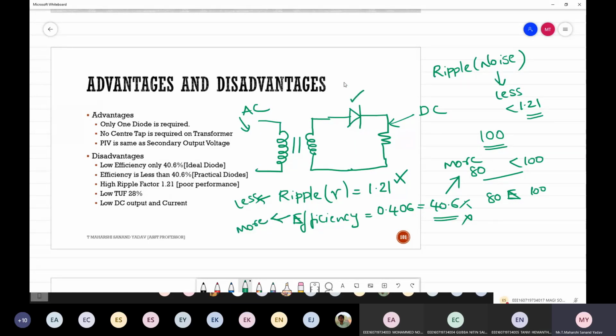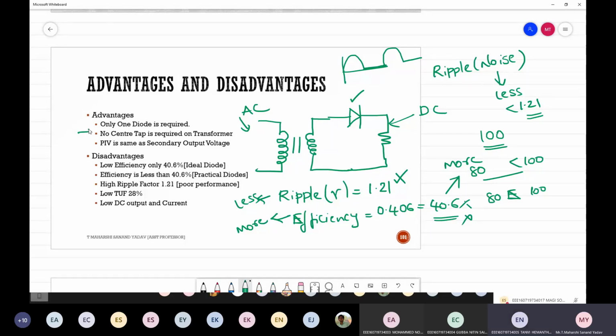As well, we are making use of a single diode, because of which we get only the positive half cycle or only the negative half cycle at the output. Here we are getting only the positive half cycle, whereas the next cycle will be blank, which is nothing but 0. Again the next will be something like this. So these are some of the advantages and disadvantages of half-wave rectifier.